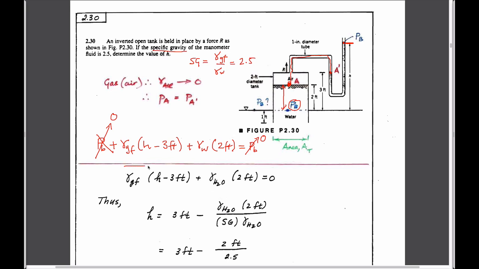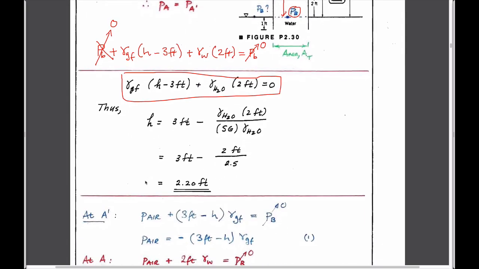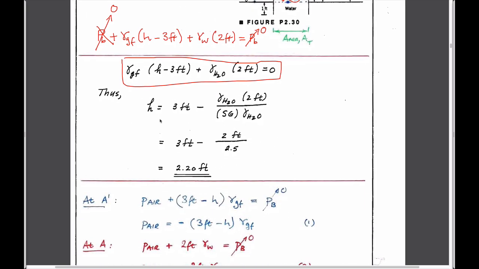This is exactly the same expression that we have above. If we rearrange the expression to get it in terms of h, which we want to calculate, as a function of the ratios of the unit weights of these,